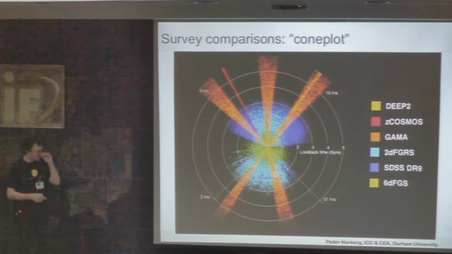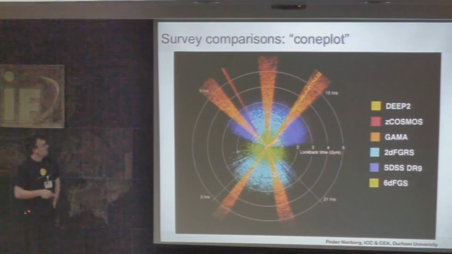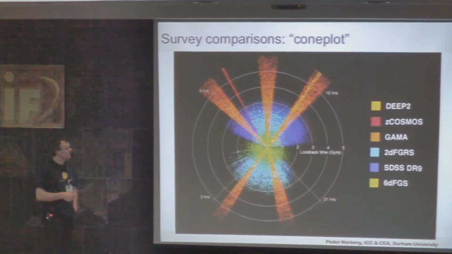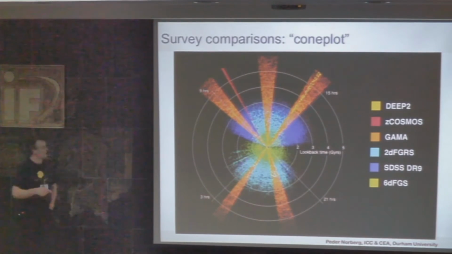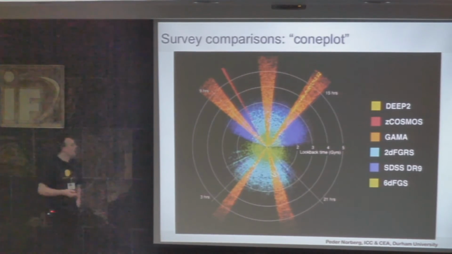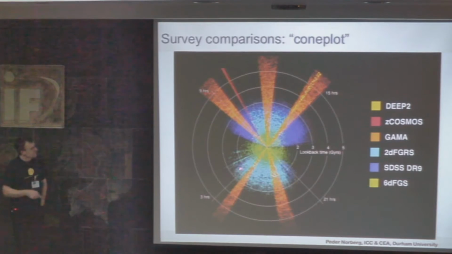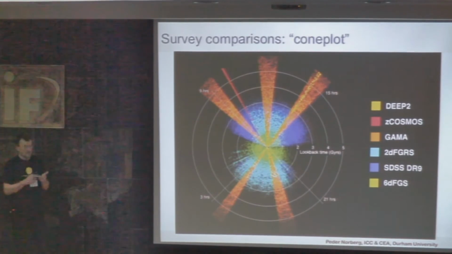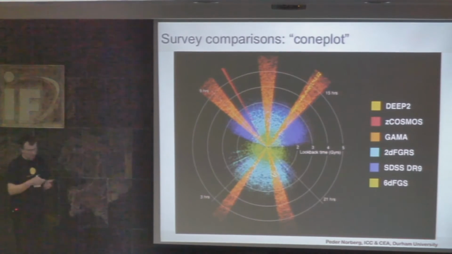If you look at how these surveys compare in terms of redshift, this is clearly a propaganda plot because it's been plotted in such a way that GAMA looks its best. Now, it's no connection to the fact that I'm part of GAMA and so on. But the point you want to take out from this is different surveys cover different regions of the sky to different depth, sampling the galaxy population differently, and more or less in detail.